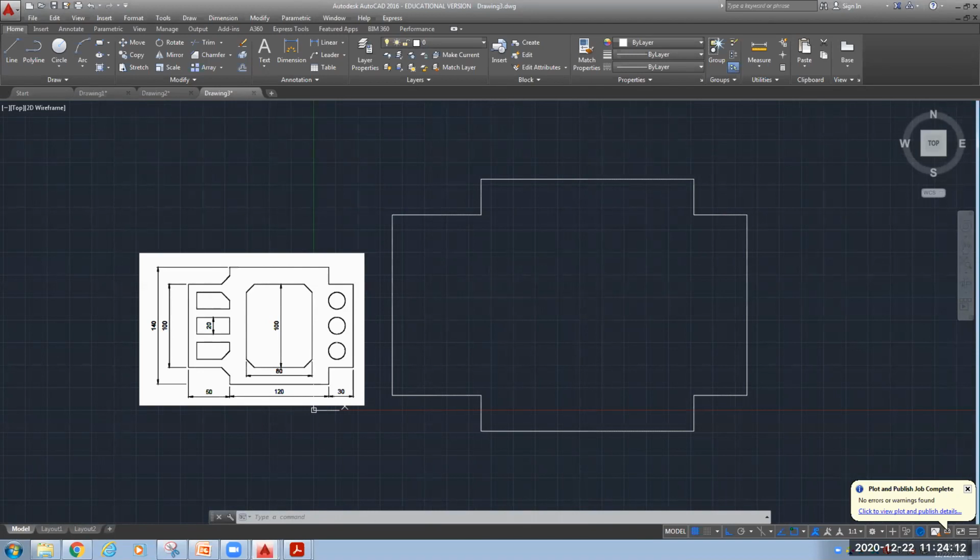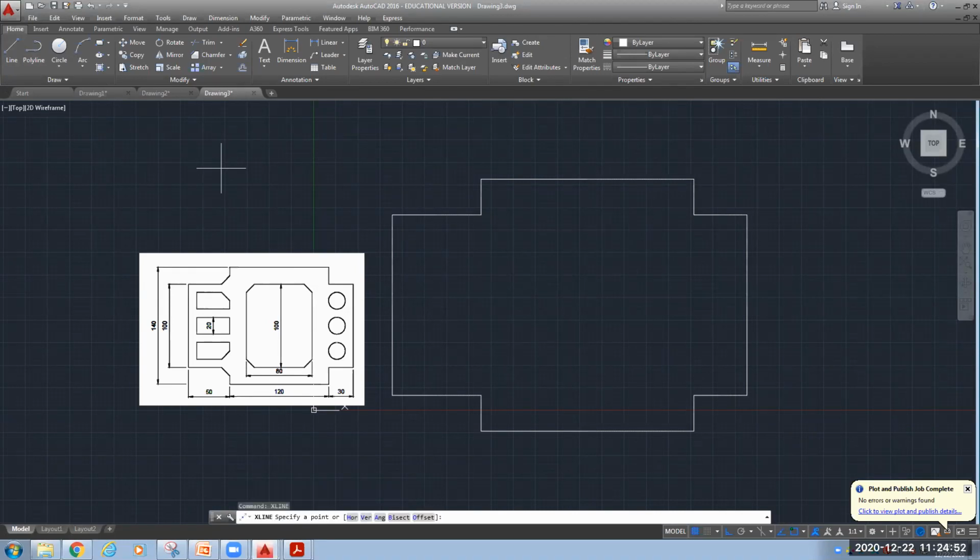Okay. Now, we need to draw this inside rectangle. For that, actually, I need a center line for this so that I can identify where I can draw this rectangle. Okay. So for that, I will use one line, but different type of line. X line I will use. X lines are basically the construction lines. You can see in the command line the spelling X line. It is basically the construction line, okay, of infinite length.